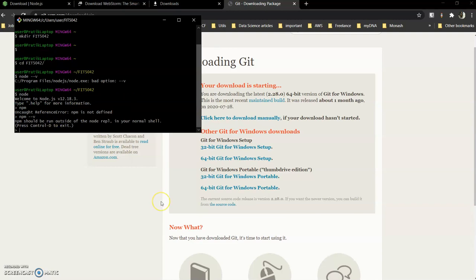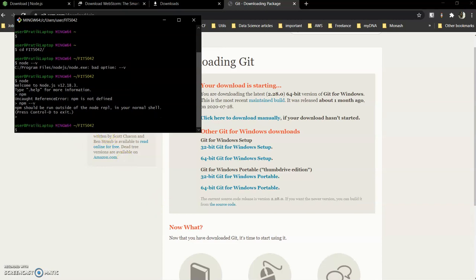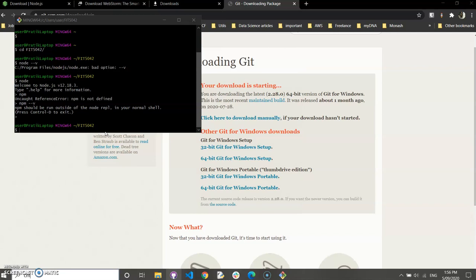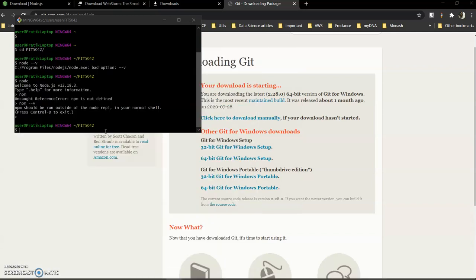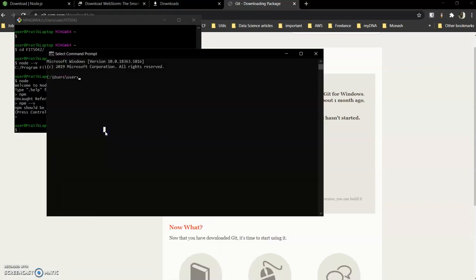In your normal shell, let's open up cmd, the usual command prompt, and check for npm --v. Okay, so we have our npm installed as well.